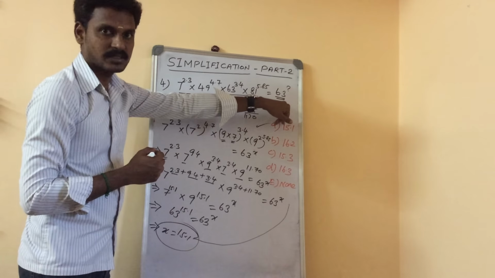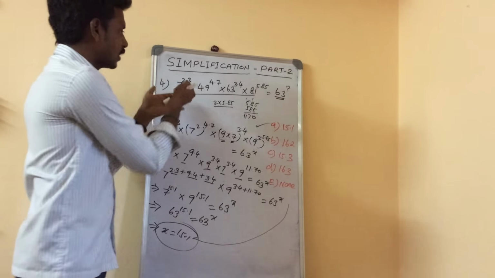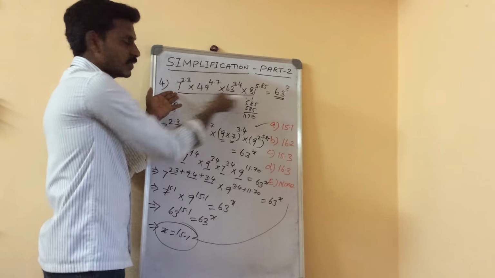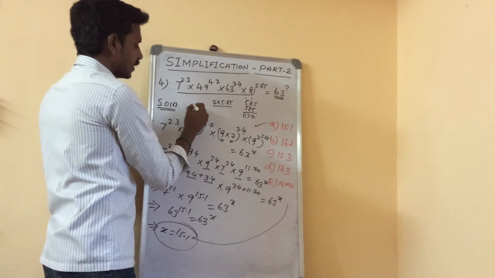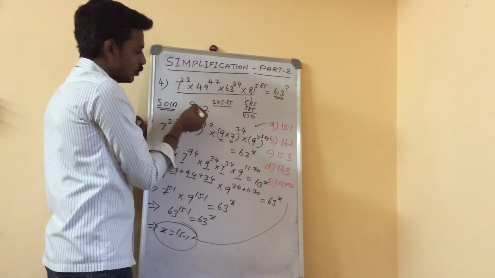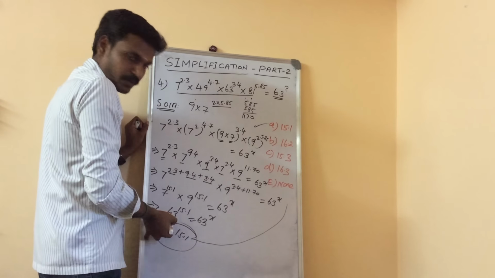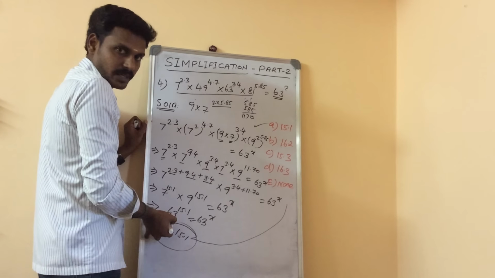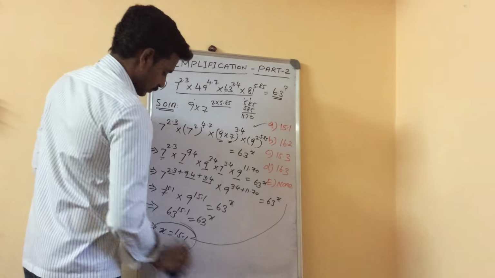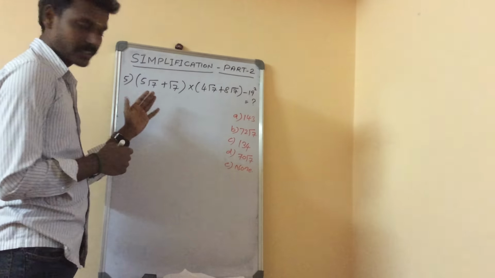You know, the question may be like this. Our target value is 63 power. So we can't conclude that all these values come with 63. So you can take directly 9 into 7, so you can take 9 power or 7 power. Then only you can conclude the power of 63. Let's move on to the final example.